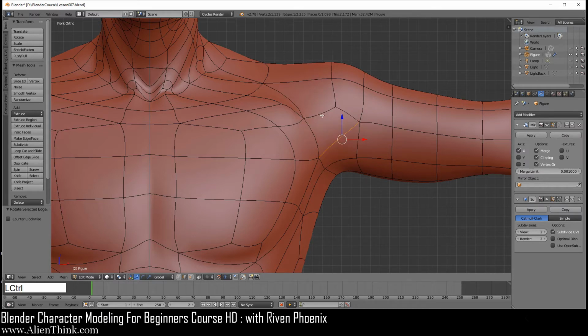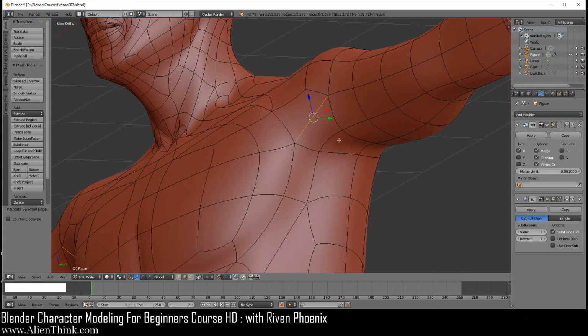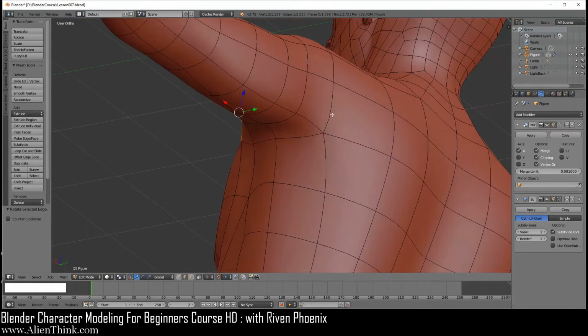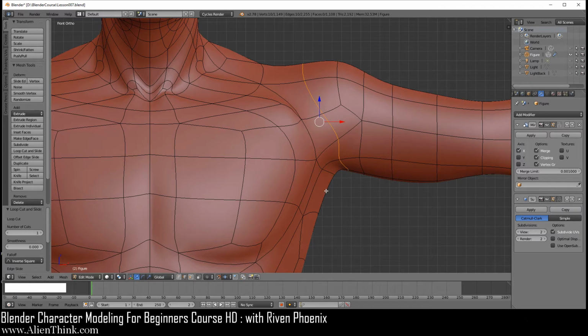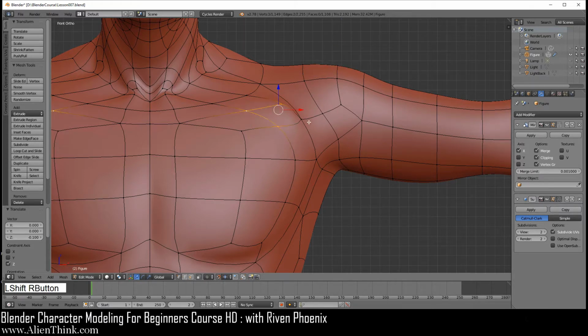So now you can see I can start to put an edge over here, but it's still going all over the place. So the reason this is happening is because if you follow this whole thing over here, you'll see that it's this edge over here. If I do Control A1, 2, now when I go to the front, if I do Control R, left click and right click, you'll see that we added this edge over here. Now I can just click on the vertex, click on this vertex, and now come down. Okay, so what's going to happen is you're going to get these 4 vertices over here.